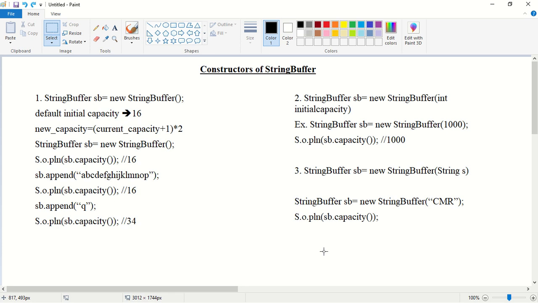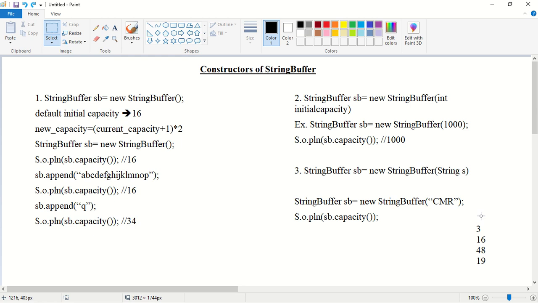Now I will print the capacity of this string buffer. What will be the capacity of this string buffer? Will it be 3 because it has only a 3 length string, or will it be 16 because the default initial capacity is 16, or will it be 3 into 16, that is 48, or 3 plus 16, that is 19?